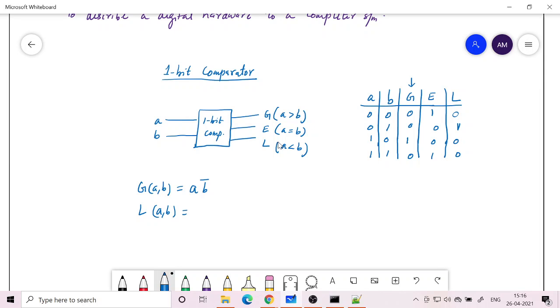L is also a one-for-one combination, and that is A bar. Okay, so now what about E? E is also a function of A and B. If you want, you can do it with the K map and all. Okay, so that is one way you can proceed. But